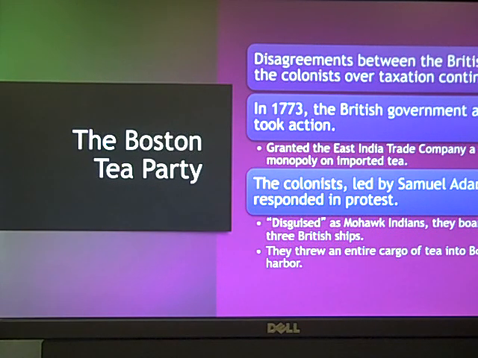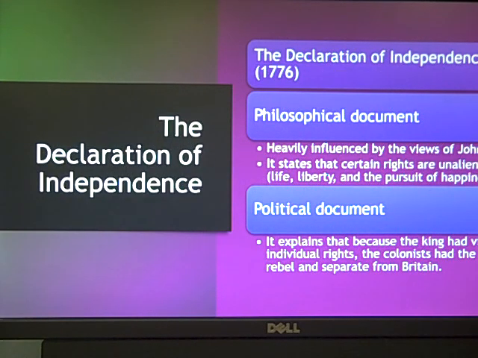So again, you should know about the Boston Tea Party just in pop culture, right? Sam Adams dresses himself up as an Indian. By the way, Sam Adams was like 6'4" and whiter than white, right? So it's kind of comical that that's the dude that did it. But they go out there and they dump all the tea into the Boston Harbor, right? And that is really the precursor, sort of the first real act of independence. The Declaration of Independence, the actual independence movement, could probably be traced back to the Boston Tea Party, right?